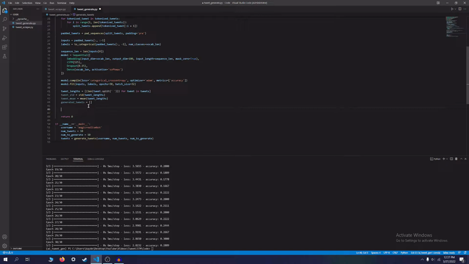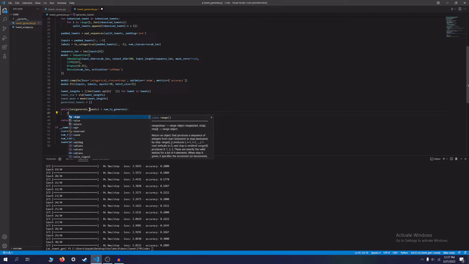You could do a number of other things. If you wanted a simpler one, you could just find the average length of every tweet and then make that the length of all your generated tweets. That would also work. Okay, let's start generating now. So we'll say while the length of generated tweets is less than the number to generate, we're going to start generating. Okay, so the way that I do this is I get an actual tweet and I take the first